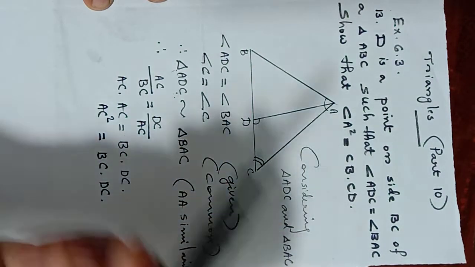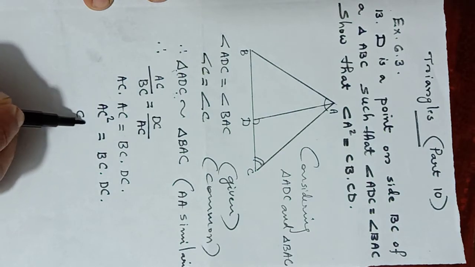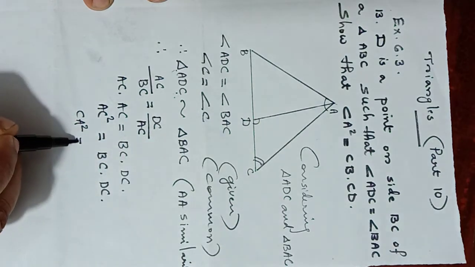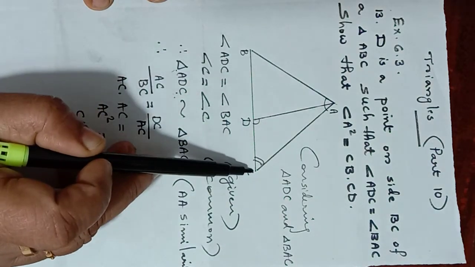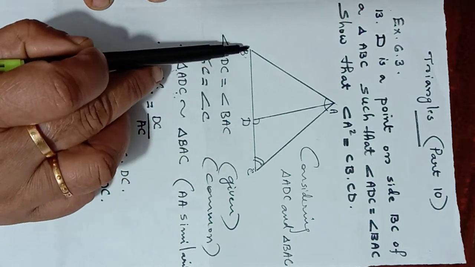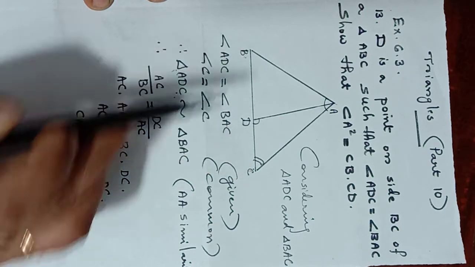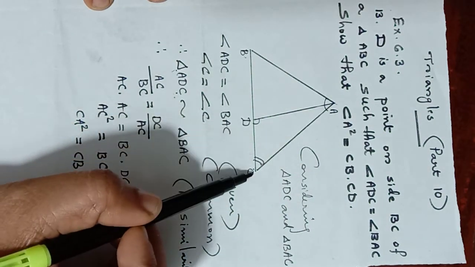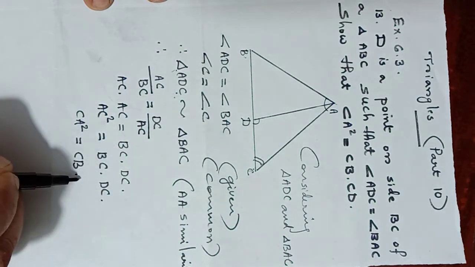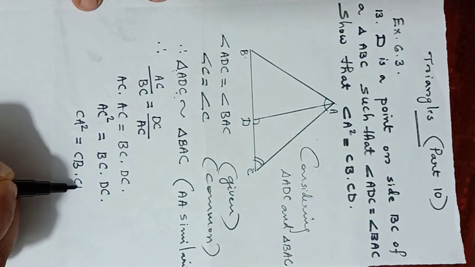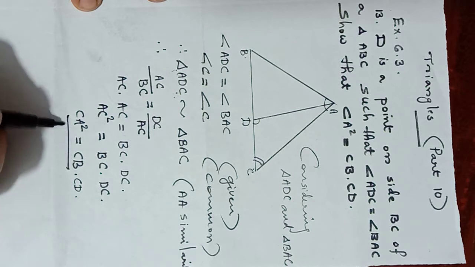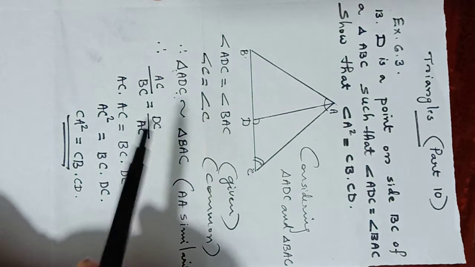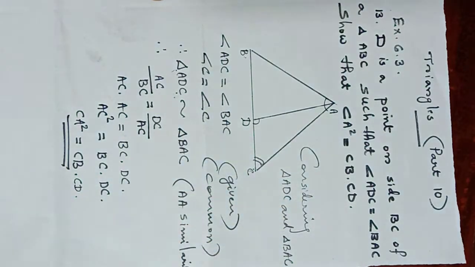As asked, we will write the answer: AC square is the same as CA square. You can see AC here, AC same as CA. So CA square is equal to BC, and BC is the same as CB. BC is this length, CB is also. So CB into CD, and DC is the same as CD. So we can write DC as CD. Okay, so this is how we will be getting the answer. It's very simple. When you see the clue, you have to choose the triangle according to what ratio we need.